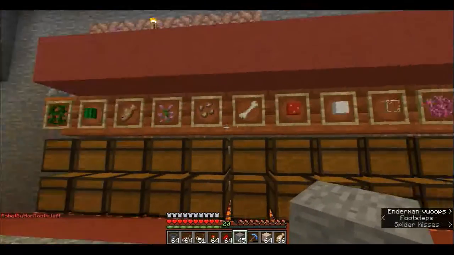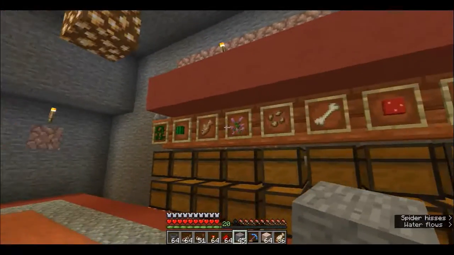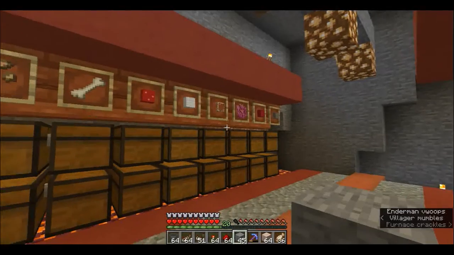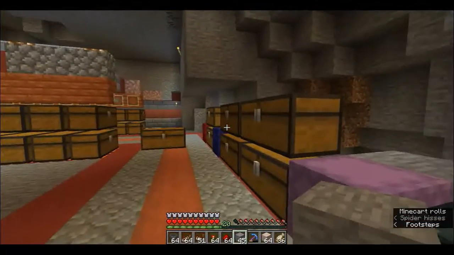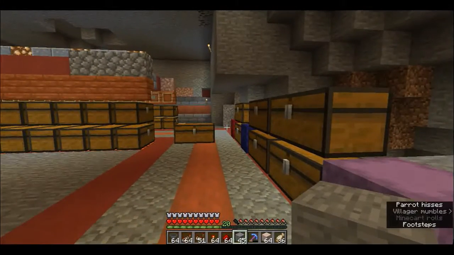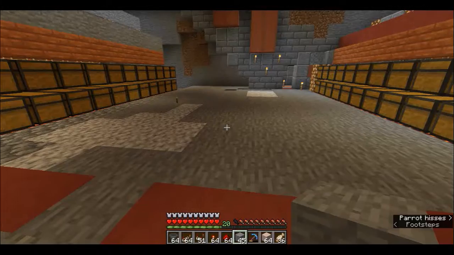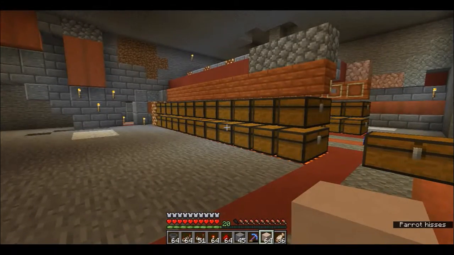And then over here we've got miscellaneous, which we can't really use in an auto sorter yet, but it's all just separated by type, so that way it's out of the way. Now we still have some working chests over here that we're using for some miscellaneous stuff, but overall it is all good. So now what we're going to do is put our auto sorter together for